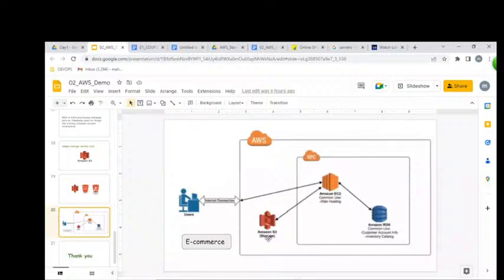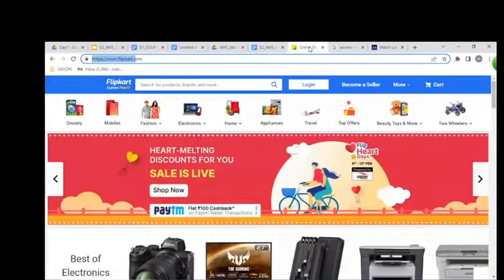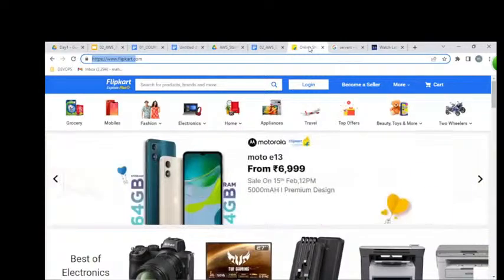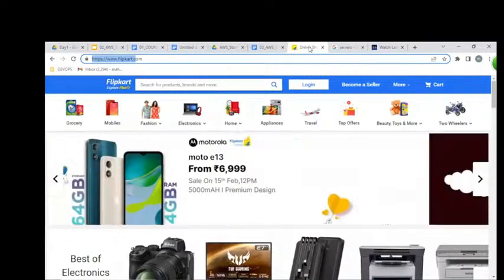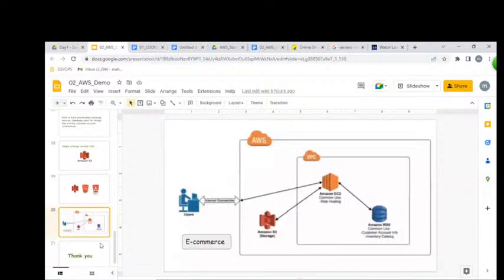With the help of these four infrastructures, these four models, we can easily deploy our applications. I hope you understand what exactly AWS is.